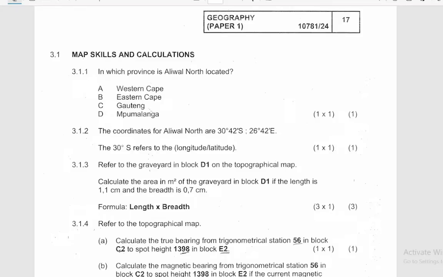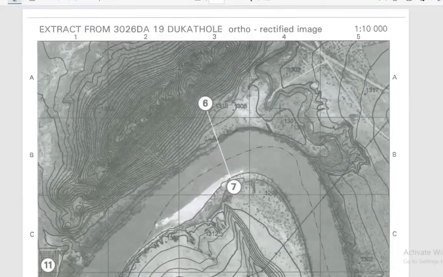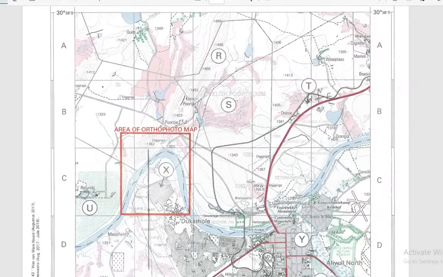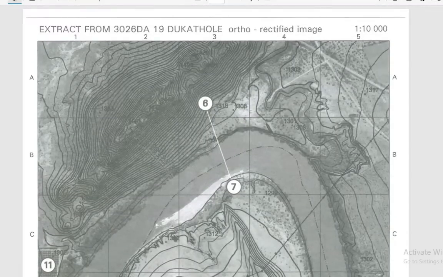Right, the map that we are using for this discussion is based on the topographic map. First, as usual, it's an extract 3026 DA Aliwal North, and the orthophoto map is an extract from the topographic map, which is extract 3026 DA 19